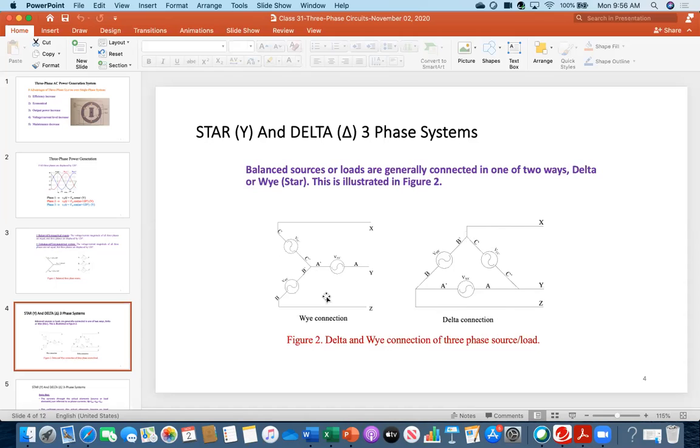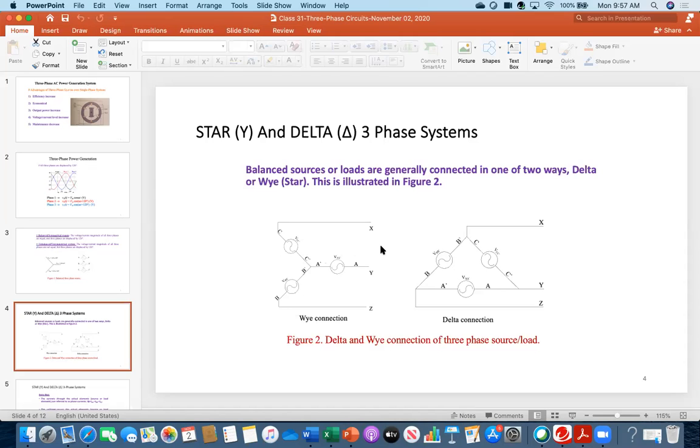Now come back to this structure. In this case, when you are measuring voltage between X and Y, which is called line to line voltage, that is not the same as the phase voltage when you are measuring the voltage between A and A prime or C and C prime. Priscilla, you said that it will be 240 volt, like 120, 120. That is not right, but at least you are right that it is some combination of those two.